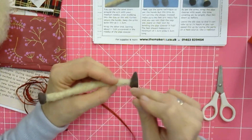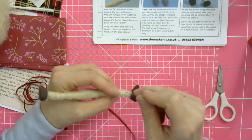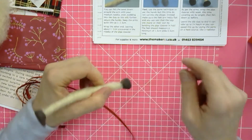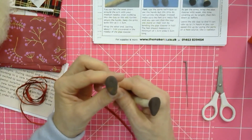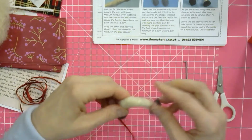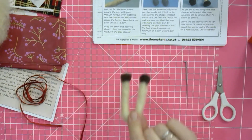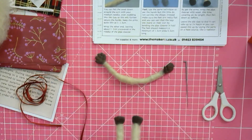But your medium needle, especially a medium twisted needle, which a lot of you might have now after today, after the 1st of Advent, so the 1st of December. There you go. So you've got your feet. That one, the wire has come through a little bit, so I'm just pulling that down again. And hopefully they will stand quite comfortably. So the test is to stand them up. Yoo-hoo! Standing feet. So there's a set of legs, set of arms, ready for Heather to receive once the silk